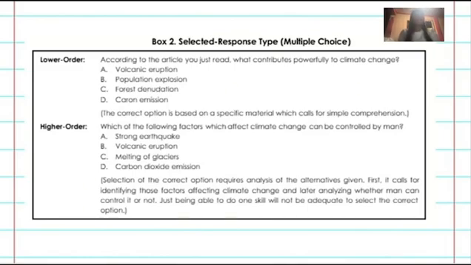So first, it calls for identifying those factors affecting climate change and later analyze